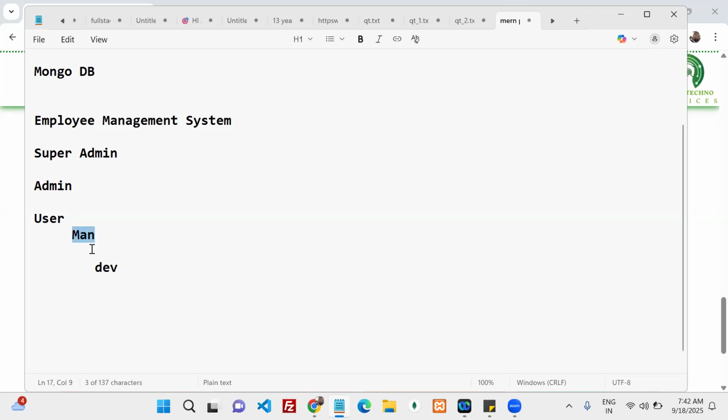Next day, developers are assigned to the manager, and these all report to this manager. Whenever he fills in the timesheet, we are going to select our manager, who is going to approve. Whenever you select the manager, in the manager dashboard we are going to display a table. This developer applied for leave; approve or reject, something like this we can show.